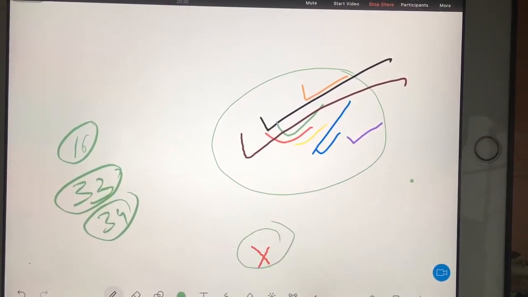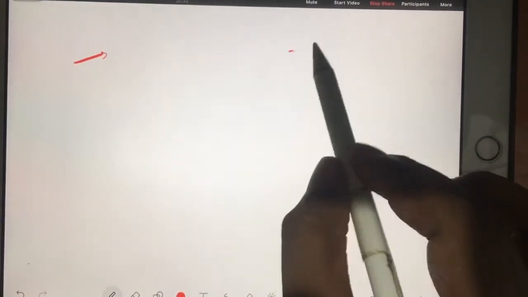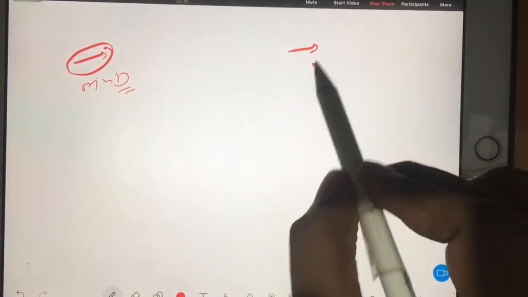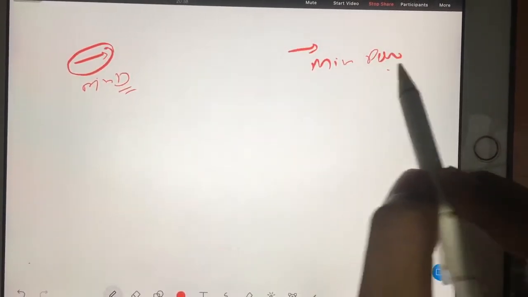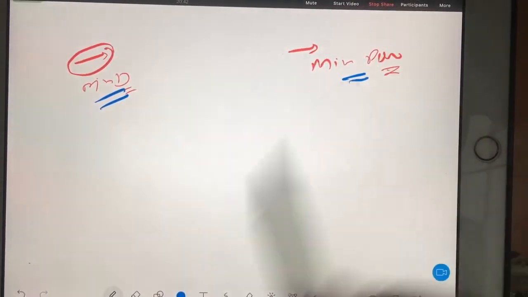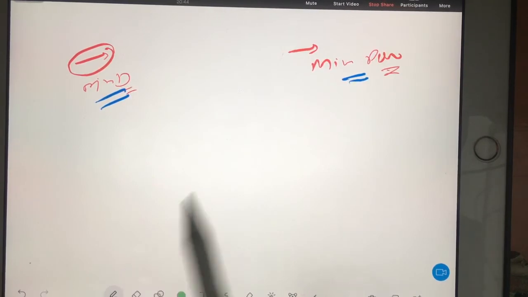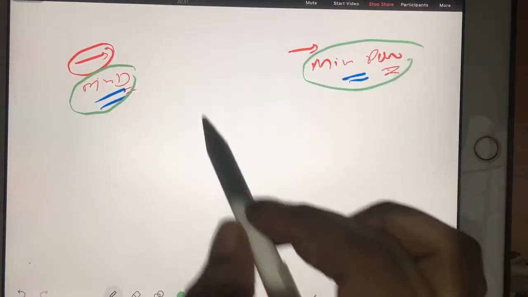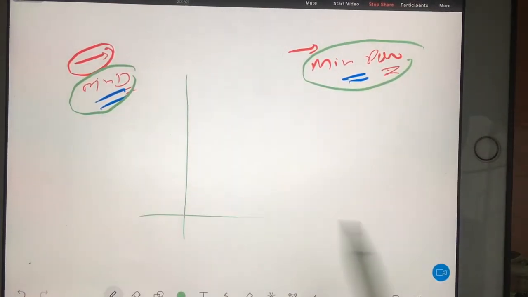Okay, I will explain again. See, you have two types of situations. One situation is the minimum drag situation and one situation is the minimum power condition. In the last class I explained the physical meaning of these two. In today's class we are trying to understand what is the velocity when you achieve minimum drag, the physical field, and you achieve the minimum power. So that's what we saw on this graph.